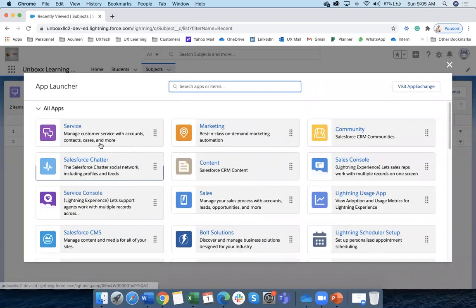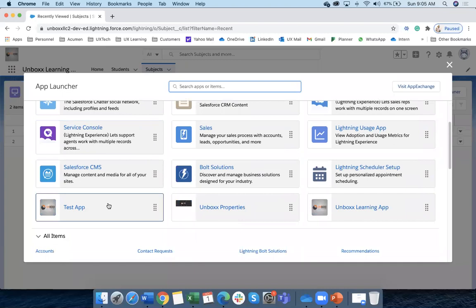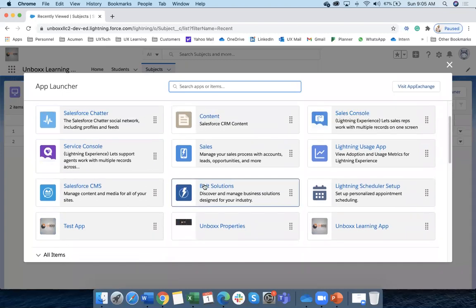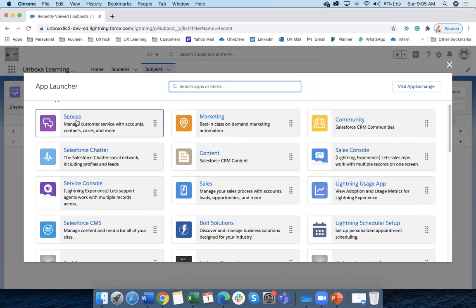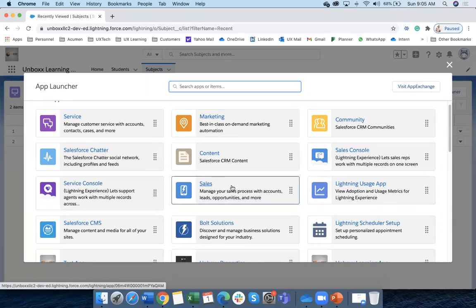Just a quick recap: we have these different apps, and these apps are also sometimes referred to as clouds. So for example, here you have a service app, but in reality, it is also known as Service Cloud. There's a marketing app, again, like an app, but outside, it is also referred to as Marketing Cloud. And some of these clouds, sales, service, marketing, all have separate licensing systems. So if you go to Salesforce and try to buy a license, each of them has different